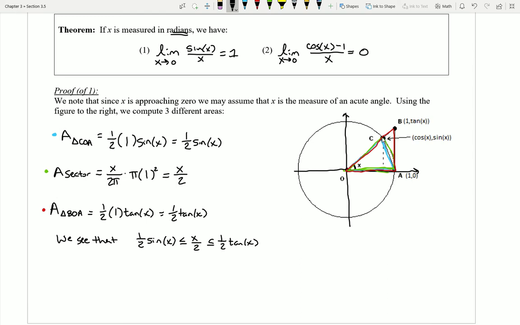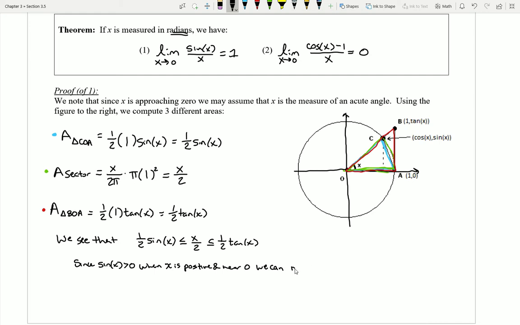And so I could definitely state that the sine of this, that is the y value of my point, is definitely positive. So I can say it in the following way. Since sine of x is greater than 0 when x is positive and near 0, like it is right now,